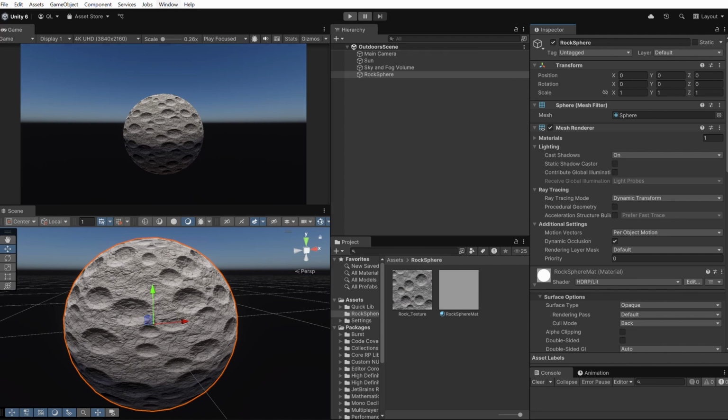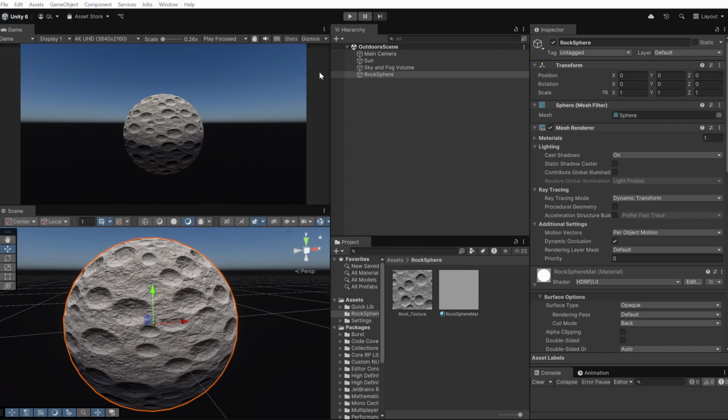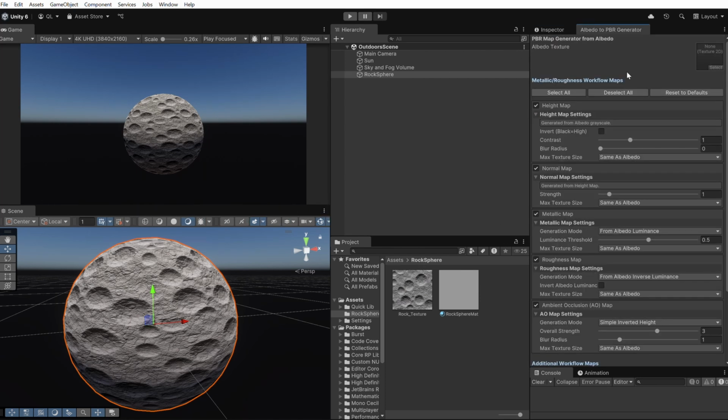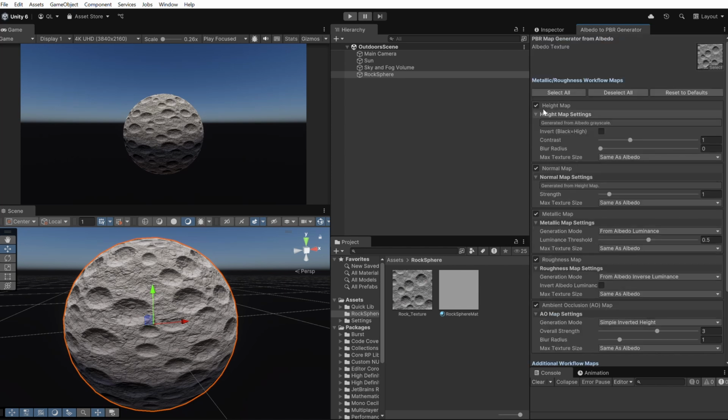To access the tool, go to Window, QuickLib, Albedo to PBR Generator. The interface is quite intuitive. You need to input the texture that you want to convert to PBR. Then, choose the textures you wish to create by checking the corresponding boxes. Each texture has different parameters and algorithms. Feel free to take some time to modify and test the settings on your own to find what works best